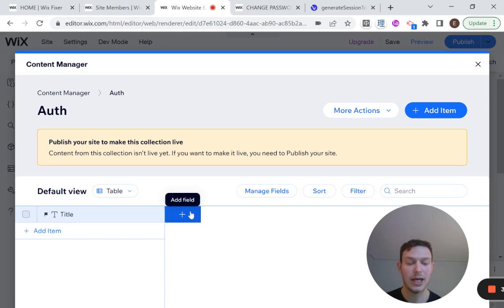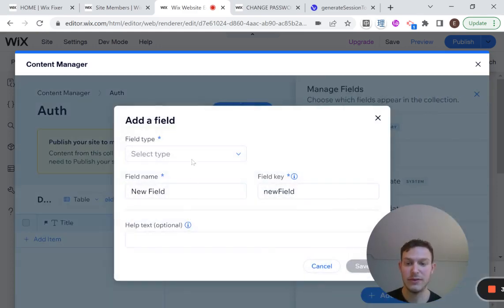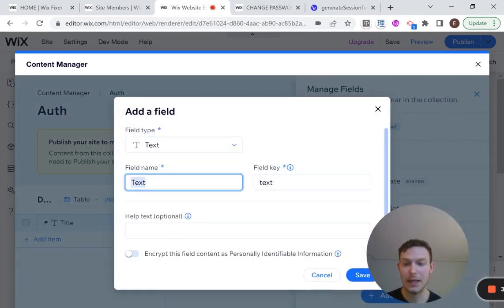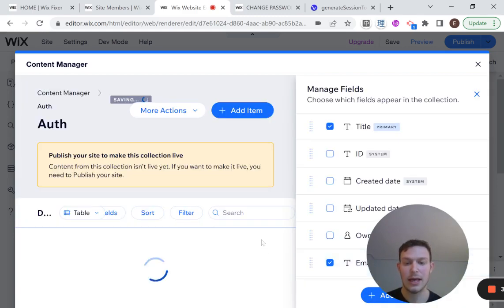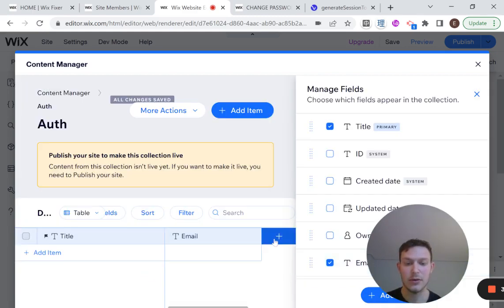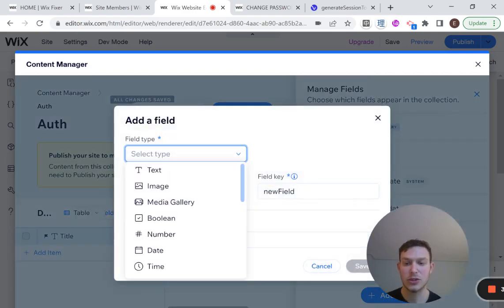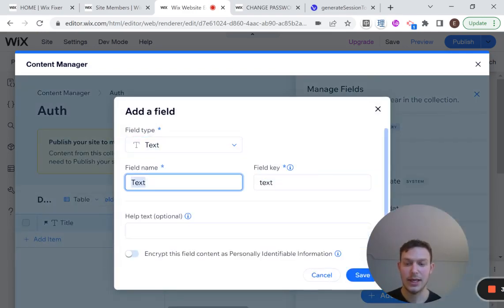So here we're going to have two fields. The first field is going to be email. So that's a text field, and I'm just going to call that email. And the second field is going to be a field called hash, which is also a text field. And if you're not familiar, a hash is basically an encrypted string